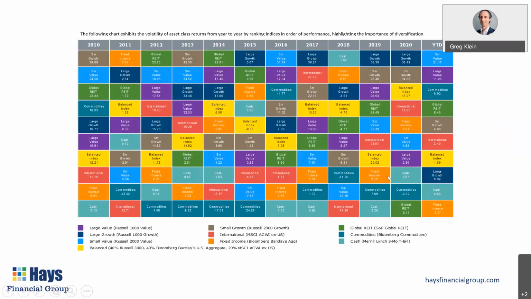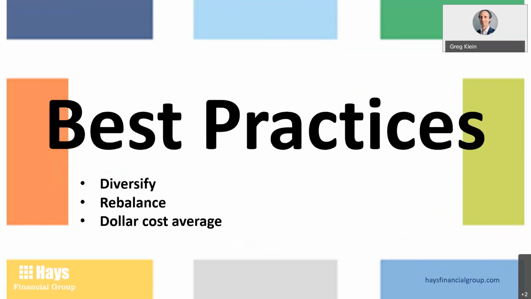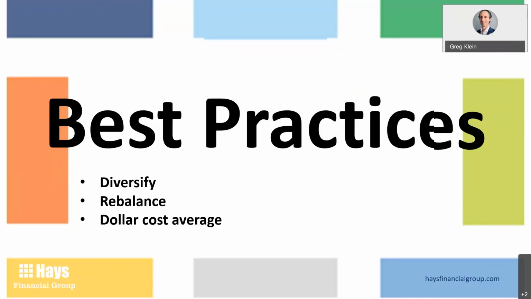If you diversify and spread your money out, that follows more of those yellow boxes, and you see those yellow boxes hover more around the middle. The highs won't be so high, lows won't be so low, but that's key to long-term performance with your 401k, 403b. So we want you to avoid those pitfalls like too much emotion, chasing the hot performer, because that's always going to be changing. Instead, we want you to follow best practices like diversification, rebalancing, dollar cost averaging, that we'll get into here in the next few slides.